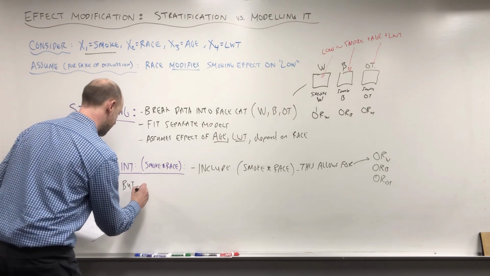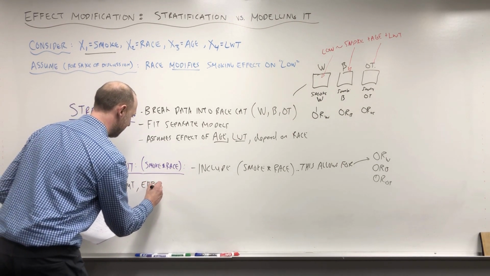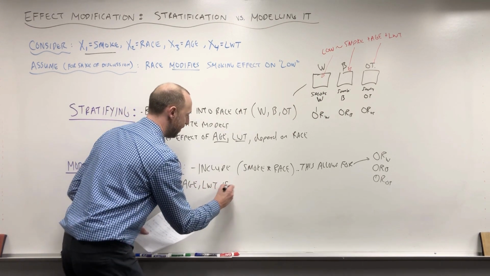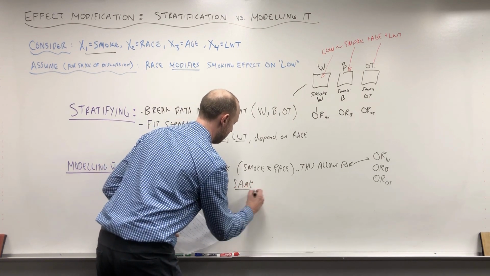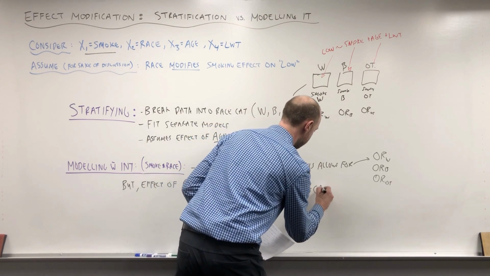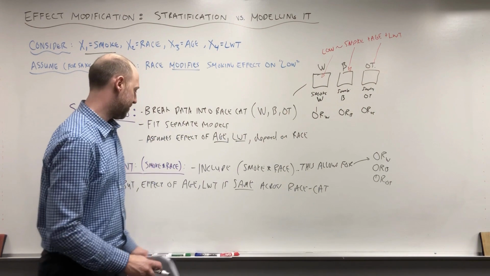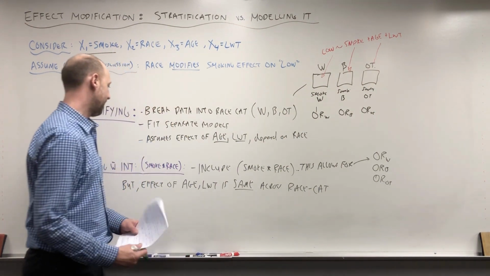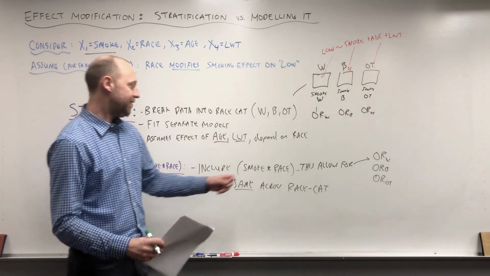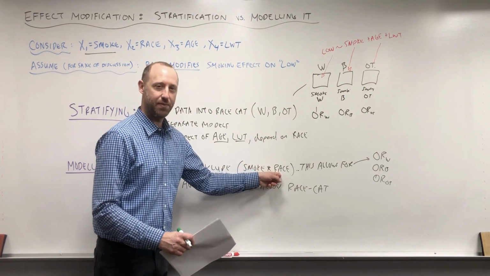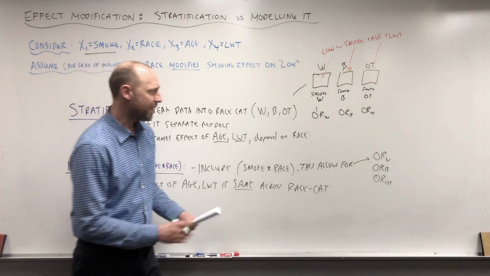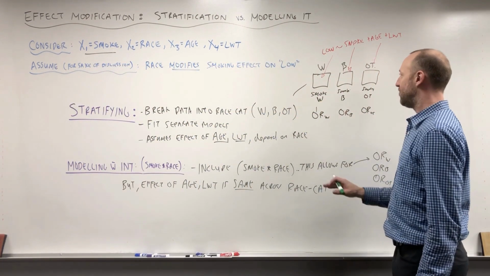But the effect of age and LWT is the same across race categories. Okay, so again, just to kind of restate that, by modeling it rather than stratifying, what that does is it allows just the smoking effect to change depending on race category, but it keeps the age effect and the LWT effect the same. So if you want to visually compare it to stratifying, it's going to allow us to get